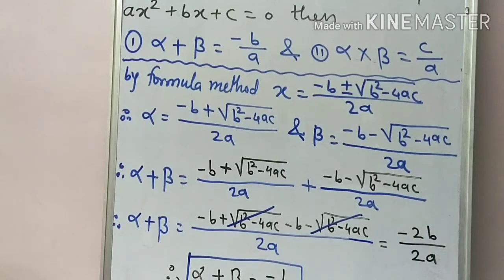As you turn to page number 46, the relation of alpha into beta is also given, how it derives, on page number 46. So study that part, and you will get alpha into beta as c upon a. Okay students, and now using this you have to solve practice set 2.5. Now here we start 2.5.